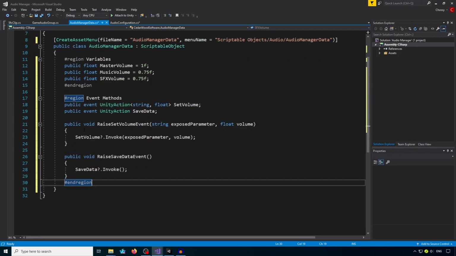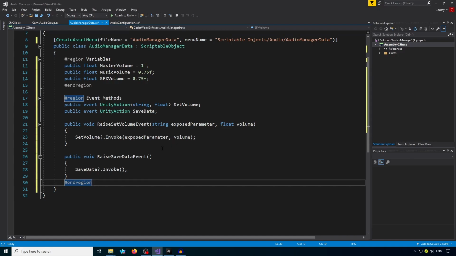Then we've got a public method raise set volume event that's going to take in a string, the exposed parameter. If you remember, in the mixer we exposed parameters for sound effects, etc., and then a float for the volume. And then we've got set volume question mark dot invoke, and then we're going to pass exposed parameter and